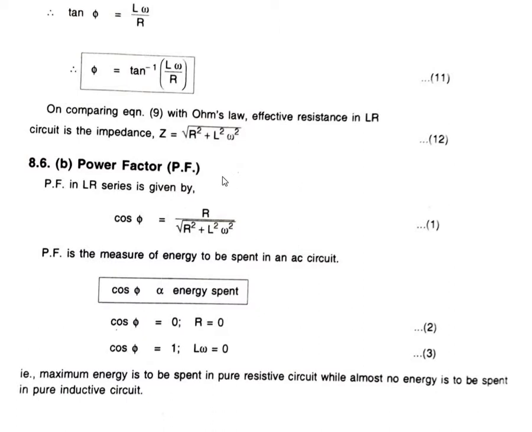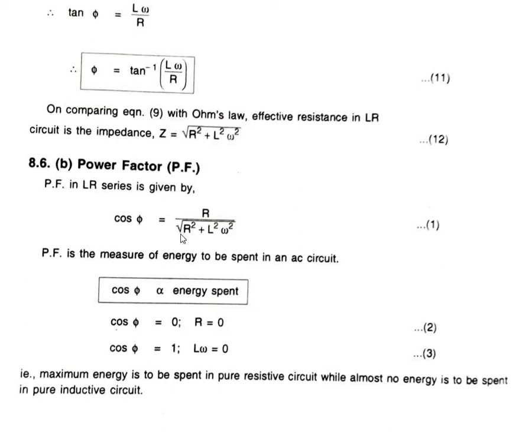In the case of a purely resistive circuit, true power is equal to I square R, and apparent power is given by I square into square root of R square plus L square omega square,